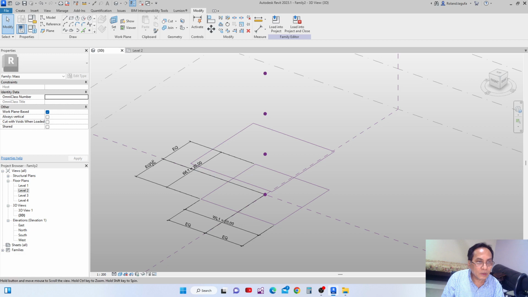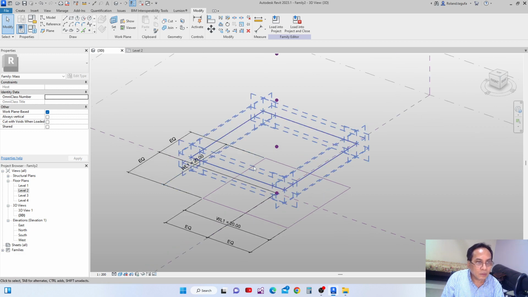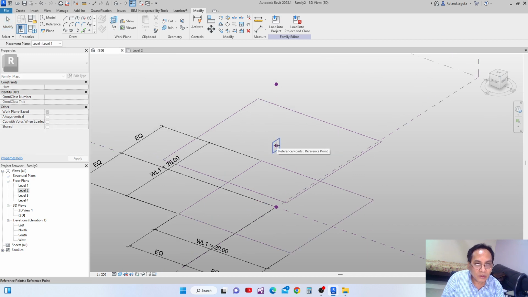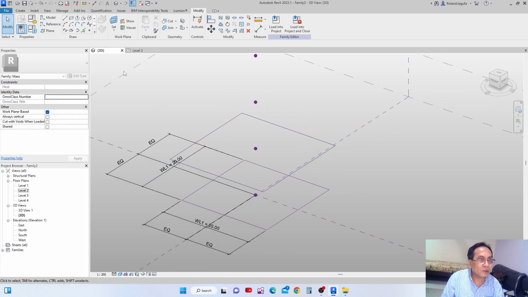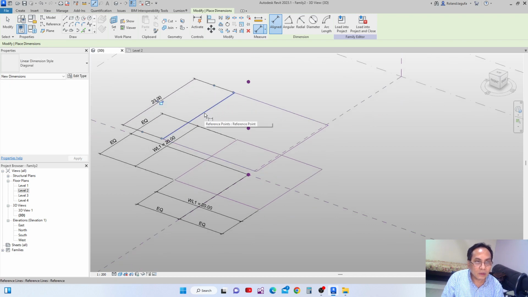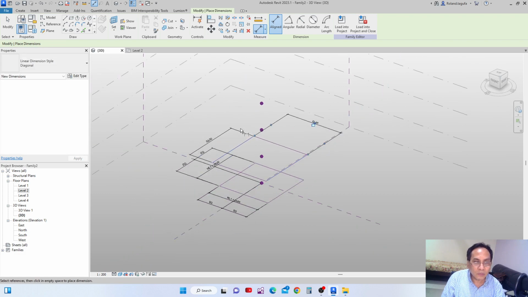I want to make a plane, so just set a plane, and I want this plane to be on this plane top, so that I can dimension it, DI, and then I'll dimension it, and then again this one, and I will name this